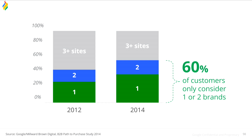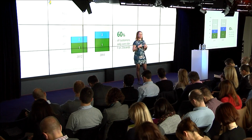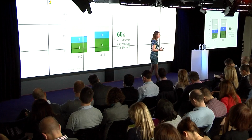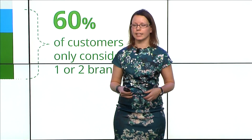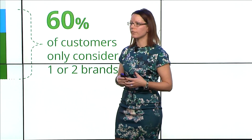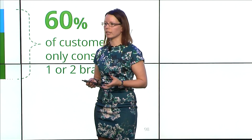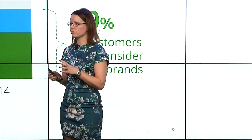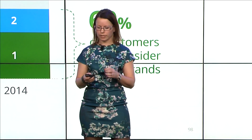60% of the B2B decision makers were only visiting 2 sites or 2 brands before getting in touch with the salesperson. So we're seeing that people are becoming more selective than ever before. And if they're becoming more selective, brands are becoming more and more important. There are still those shortcuts that people have when they're making those decision-making decisions. So make sure that you have a really strong brand strategy to make sure that you're in that consideration